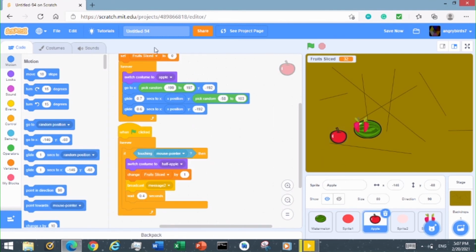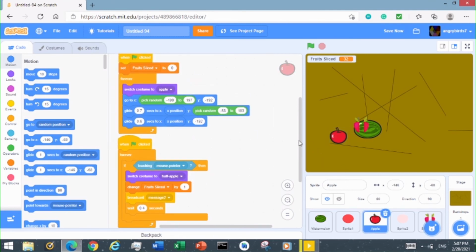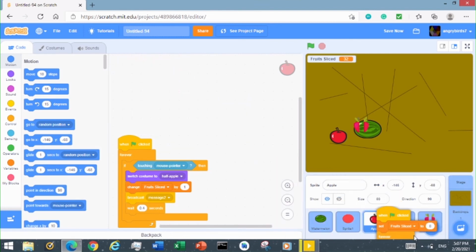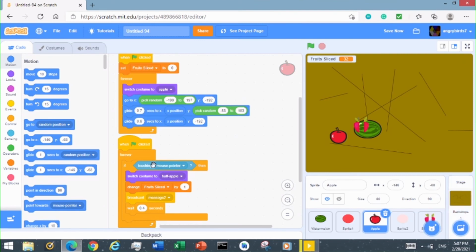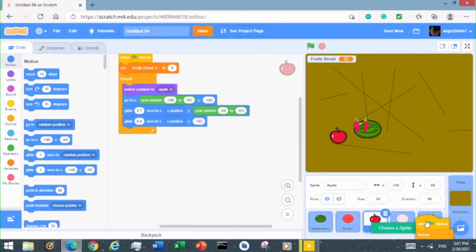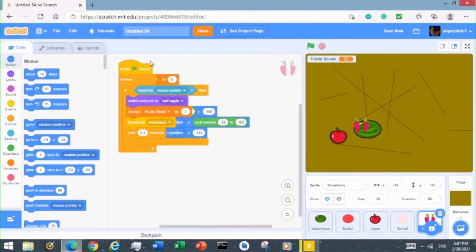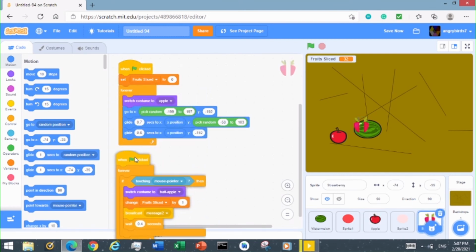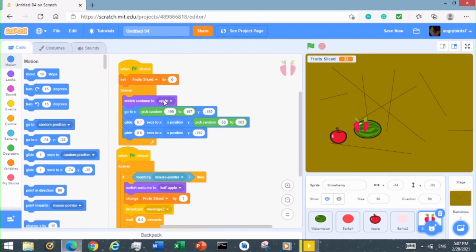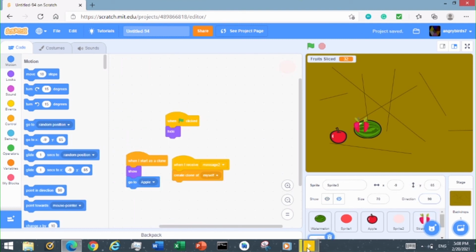And now we want to just move the code from our watermelon, or you can also move it from the apple, your choice, into the strawberry, because it's just not worth dragging it all again. I was going to say typing, but you don't type in Scratch a lot. So now we're just going to make sure we have the code, and then we're going to change the costume names to their corresponding ones in a strawberry. So half apple is the same as half, and we're going to do the exact same as juice. So I'm just going to duplicate it entirely,